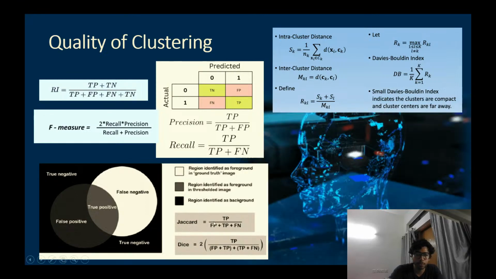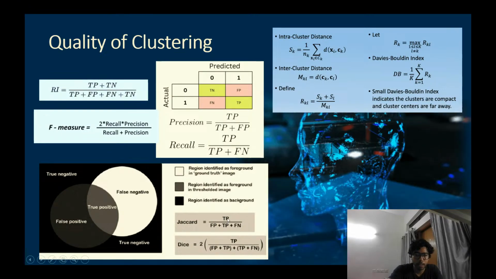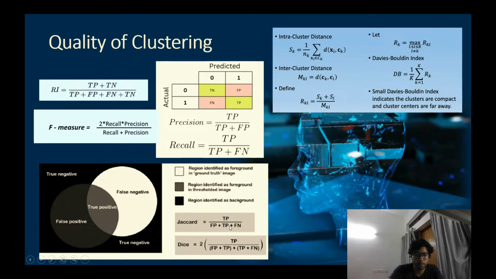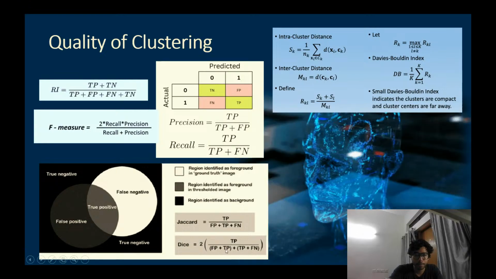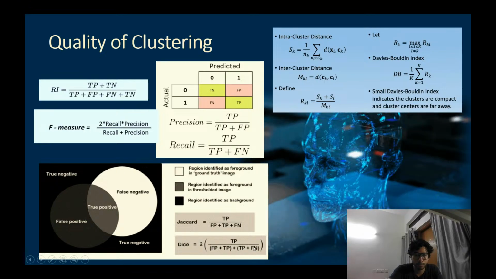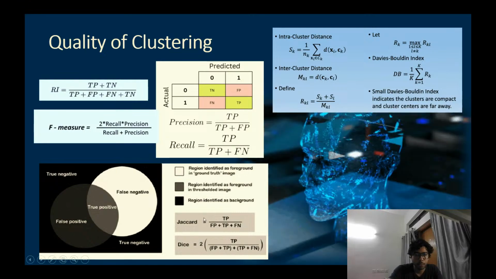So again, if you see the formula, the Jaccard index is true positive divided by false positive plus true positive plus false negatives. The Dice index is twice the true positive divided by false positive plus true positive plus true positive plus false negatives. Now, one physical